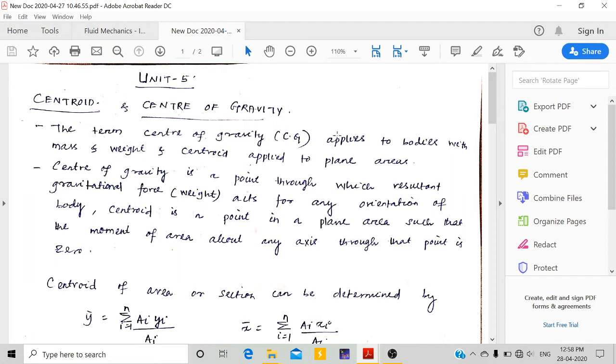The term center of gravity applies to a body with mass and weight, and centroid applies to a plane area. Center of gravity is a point through which the resultant gravitational force or weight acts for any orientation of the body. Centroid is a point in a plane area such that the moment of area about any axis through that point is zero. So this is the typical definition, but in layman language,